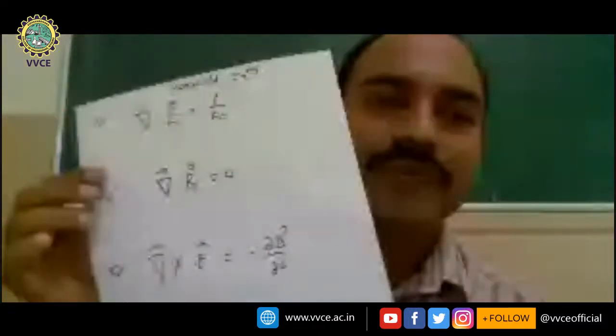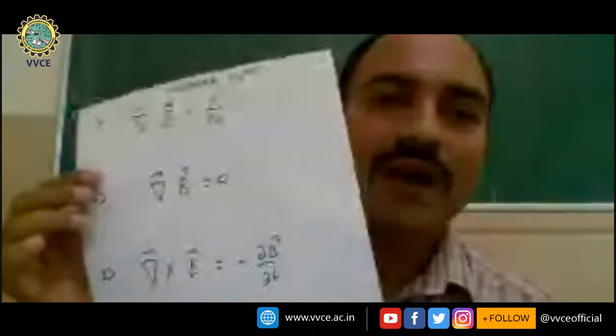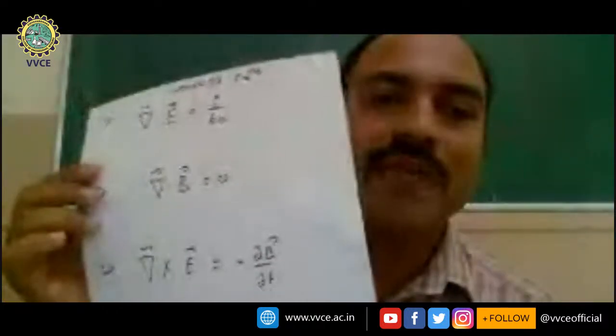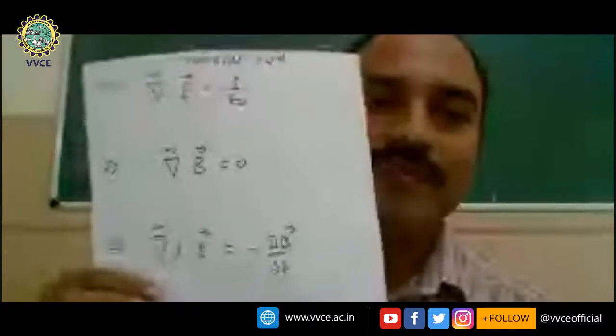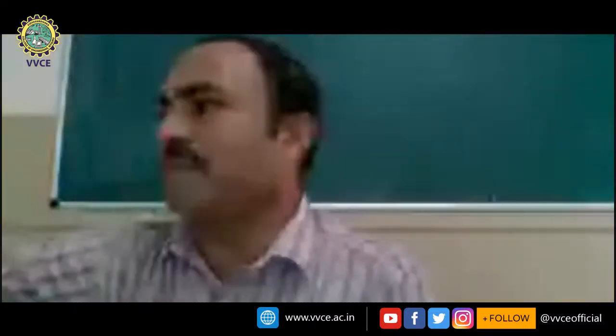Now the third equation is nothing but Faraday's law. Curl of electric field is equal to minus dou B divided by dou t. Time varying magnetic fields create electric field. What do you mean by curl? Curl means something